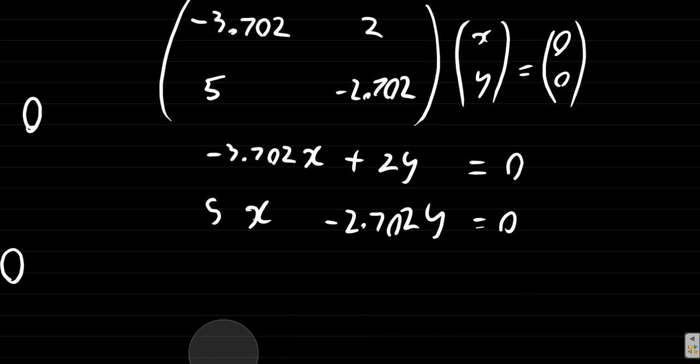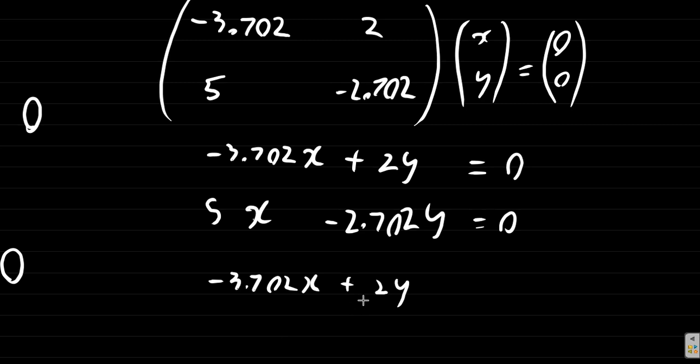It will be negative 3.702x plus 2y equal to 0, just rewriting the top. 5x minus